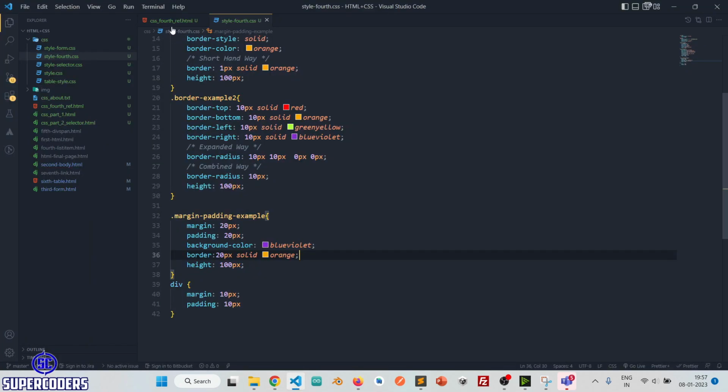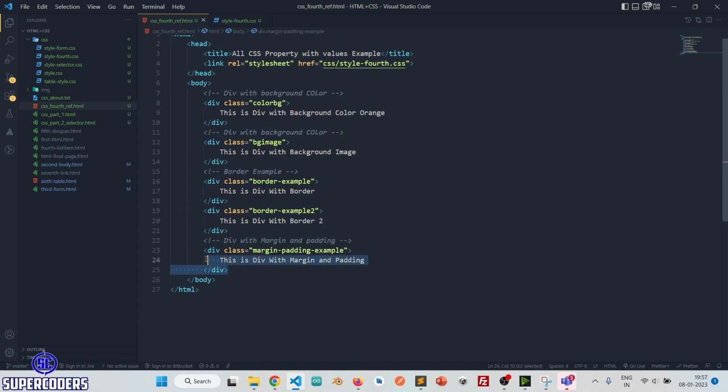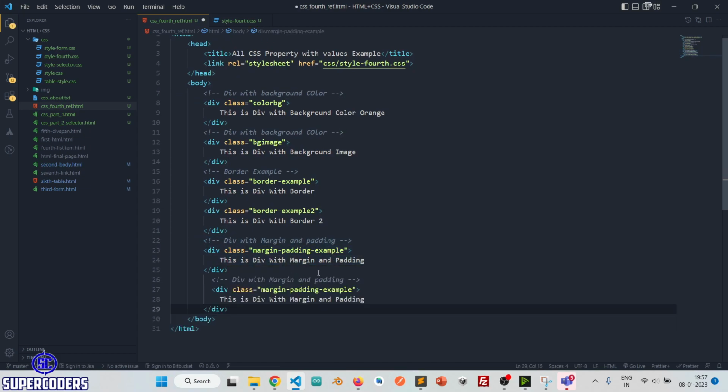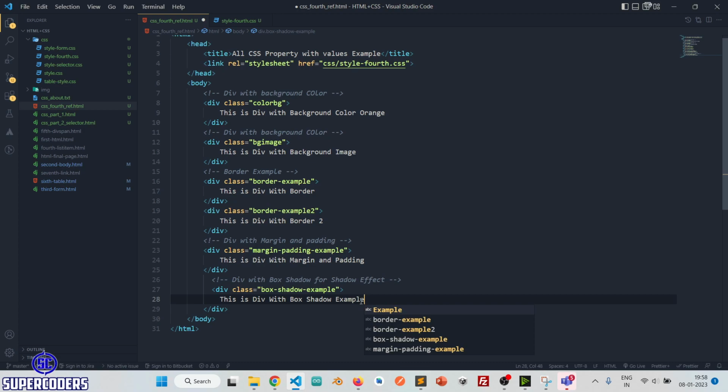Now after this, let me show some other example, which is box shadow. So what am I doing? I am copying this same element, div with box shadow for shadow effect. Here, box shadow example. This is a div with box shadow example. Just copy it, save it,